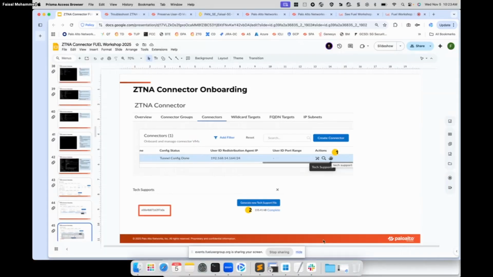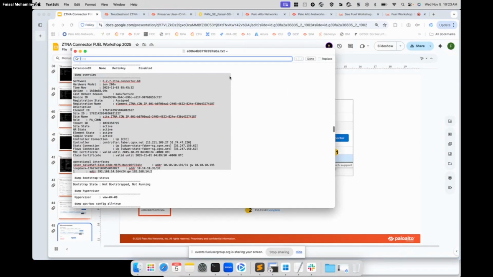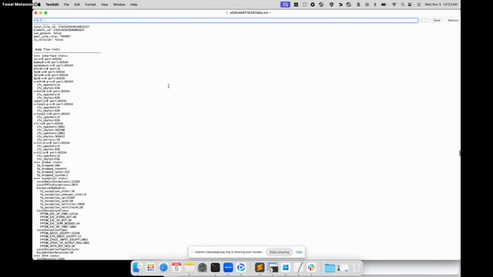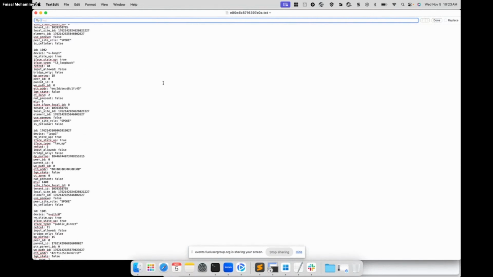Okay, so I have a sample tech support file over here. We will deep dive into this file tomorrow during the troubleshooting session. Okay, and if, for example, the dump overview output, if you type here,